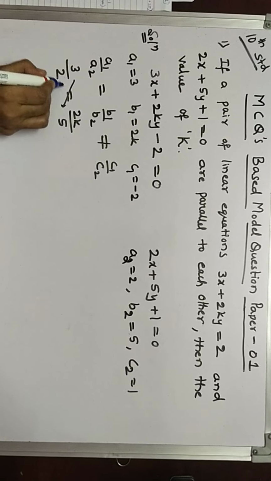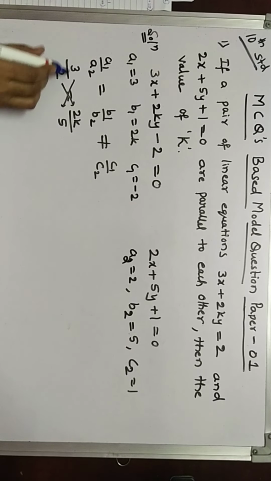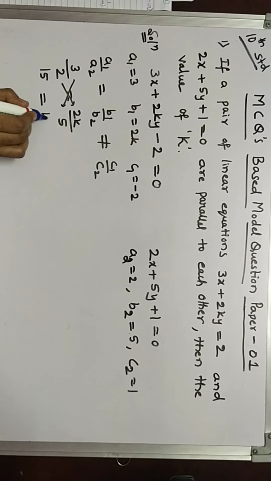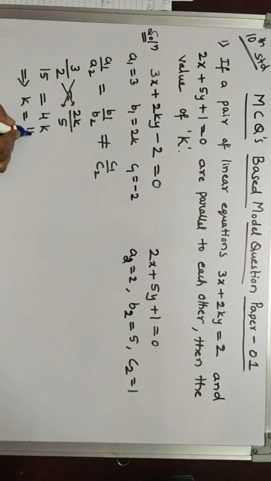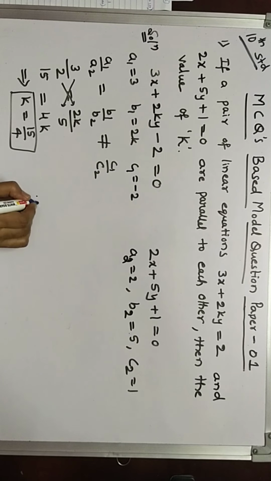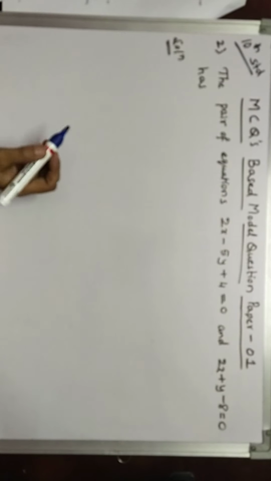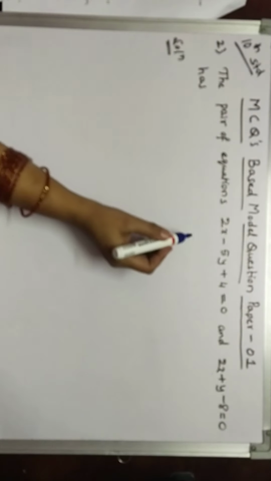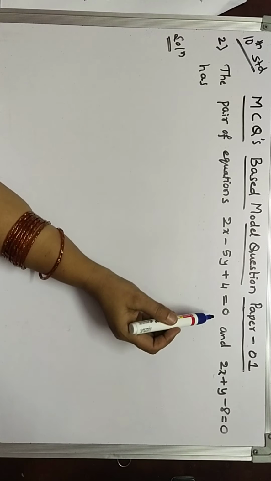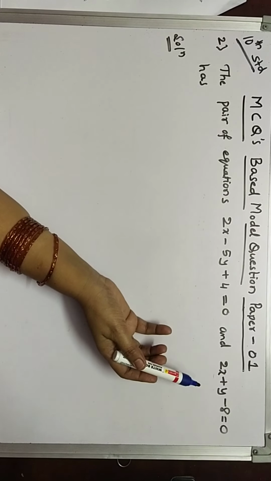Take cross multiplication. So 3 fives are 15 is equal to 4k, which implies k is equal to 15 by 4 is the answer. The value of k is 15 by 4. Therefore, the answer is option A. Yes, next question. Second question, the pair of equations 2x minus 5y plus 4 is equal to 0 and 2x